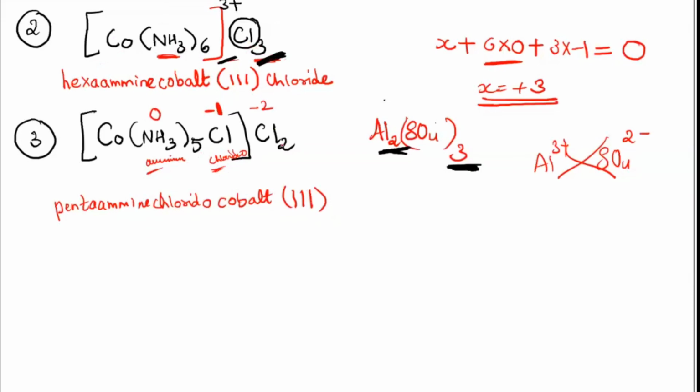Okay. Now after that, next one. Outside you see there is a counter ion. Counter ion is Cl, that is chloride. So you will write chloride. And you don't have to mention anything about this number. I told you just before this, in the second example, nothing to be mentioned about this number, because it is because of the charge. Yeah? Now are you able to understand? 3 examples I've done. I believe it's understood how to name the compound.